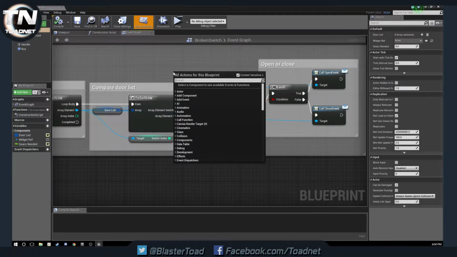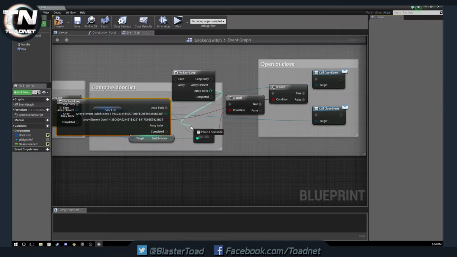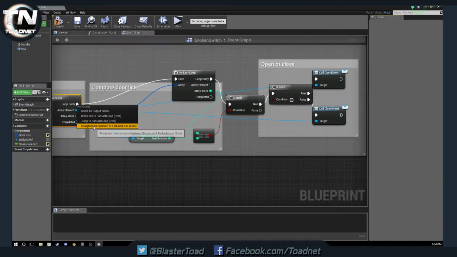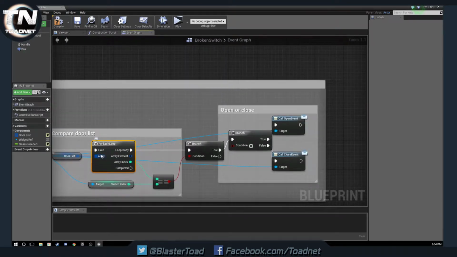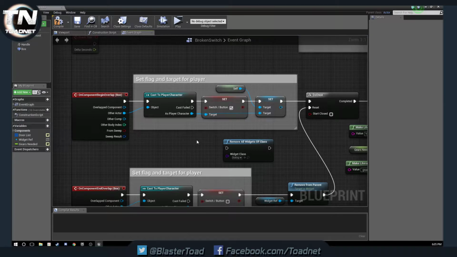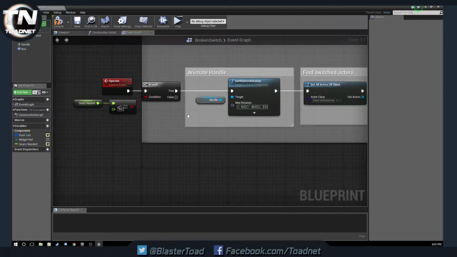So we're going to do a for each loop and just replace that here. So index goes in there, loop body goes in there. Delete that, get our array, get our loop body. There we go. Okay. So this here, we cast to our character and switch put targets there. Okay, so